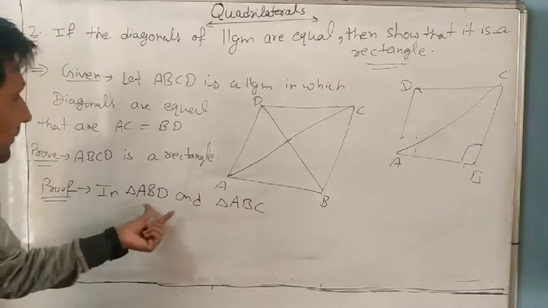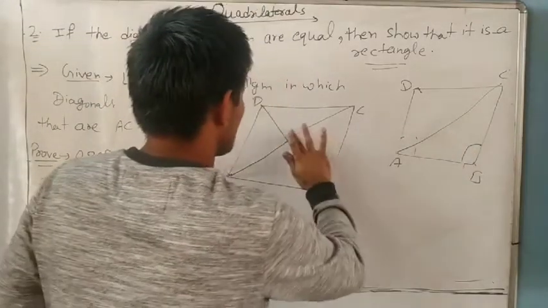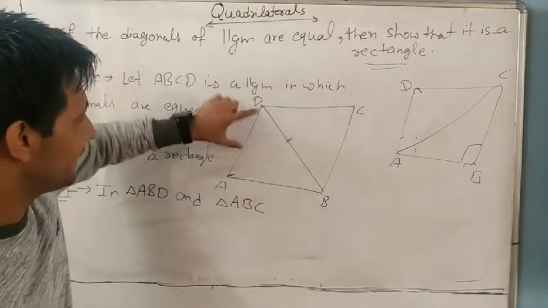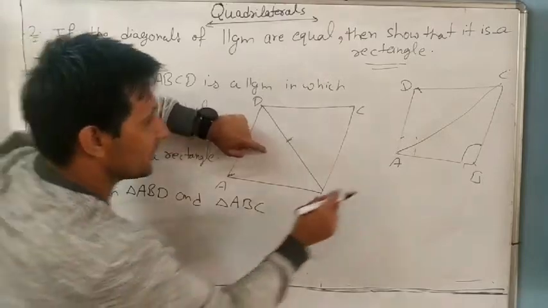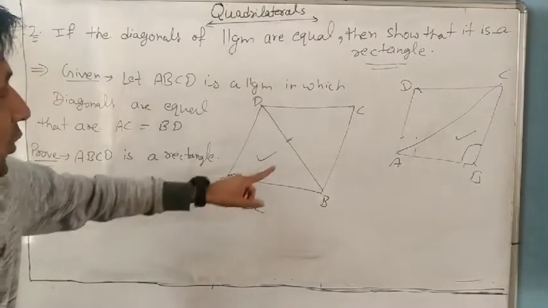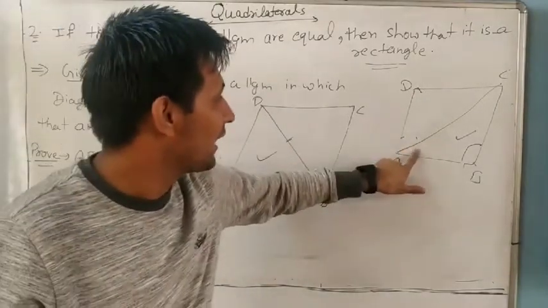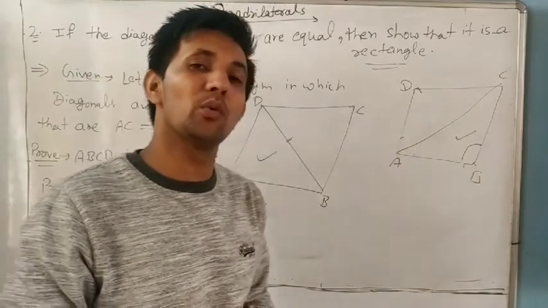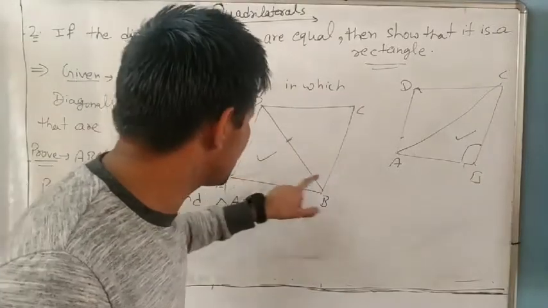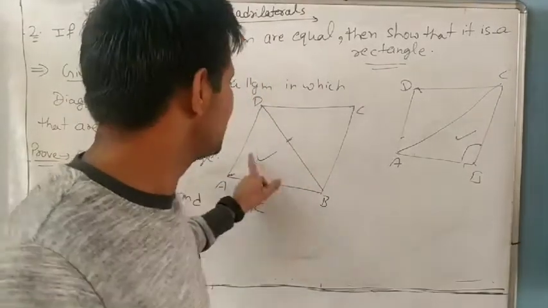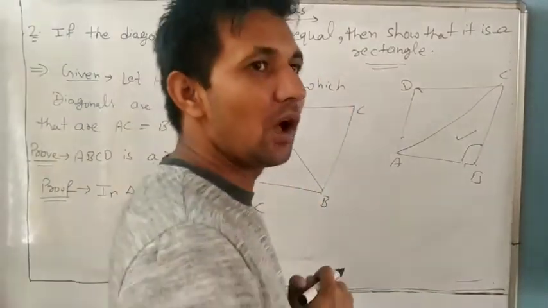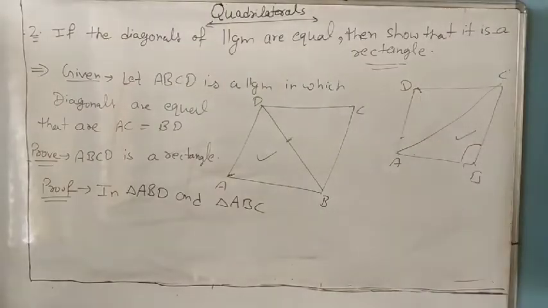Understand or not? First we will prove that. We take triangle ABD and triangle ABC, and we want to prove these two triangles are congruent. Why do we want to prove congruence? Because we want to show that angle A equals angle B, and you can say that when these two triangles are congruent. How will you prove congruence? We know there are the 5 properties of congruence. In the 7th chapter we already finished it.